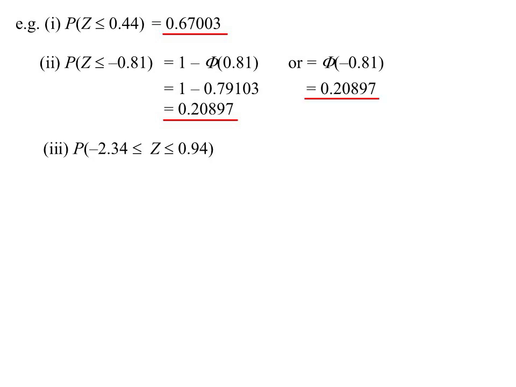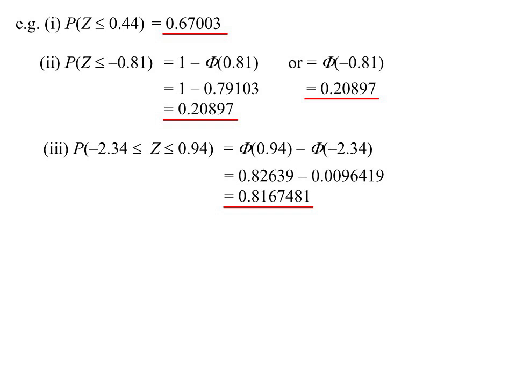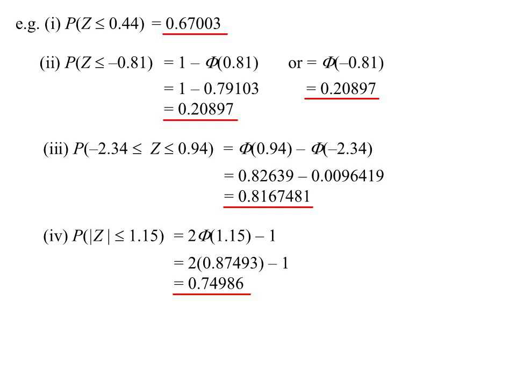If I wanted to go between two values, then I'd have to look up 0.94, but then for the negative 2.34, I'd look up 2.34 and subtract that from 1, then subtract that from 0.94, or again, you could just plug that into the calculator. Absolute value one, so going in between minus 1.15 and 1.15, well that was 2 times, look up the 1.15,